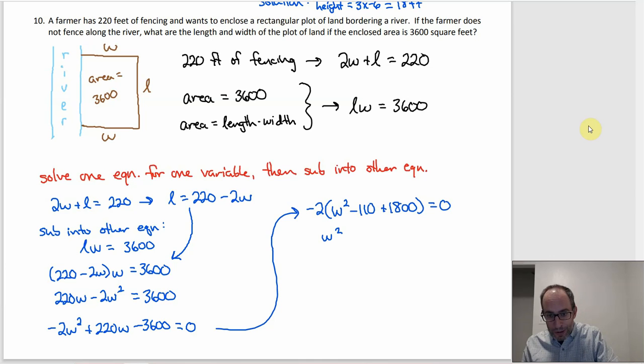the W squared minus 110W plus 1,800. And we're going to need a pair of factors of 1,800 that add up to negative 110. And that sounds tough because 1,800 is a big number. But think of like what you would have if maybe you didn't have that many zeros. Like, what if instead of 1,800 you had 18? And if you kind of base it on that, I think you'll end up in the right